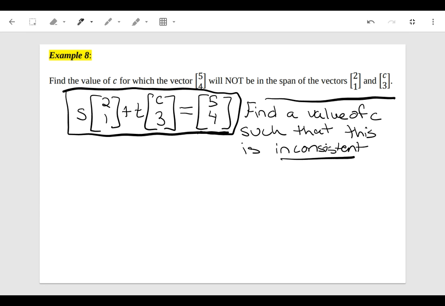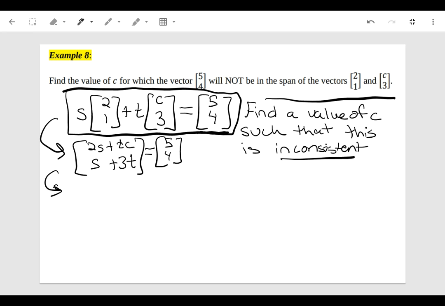Okay, well, so this vector equation right here, if you do the vector arithmetic, so if you do S times this first vector, you'll have 2S and then 1 times S, plus T times that second vector, so plus T times C and then plus 3T, is equal to 5, 4. So that corresponds to the system of equations 2S plus T times C equals 5 and S plus 3T equals 4, which corresponds to the augmented matrix